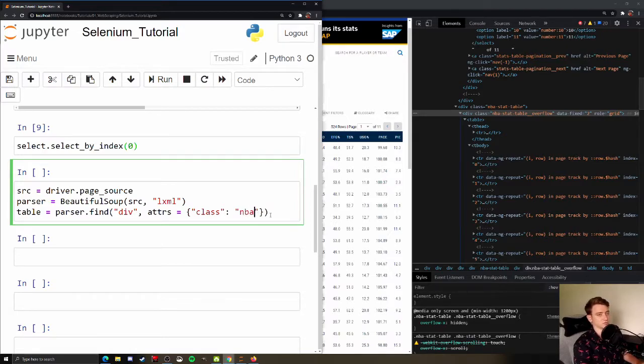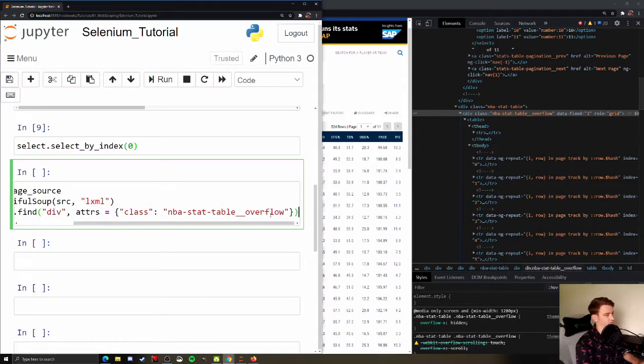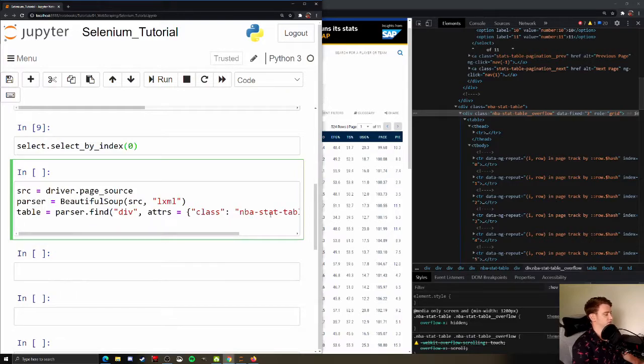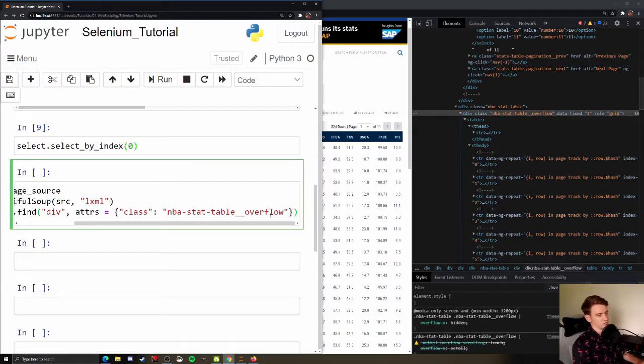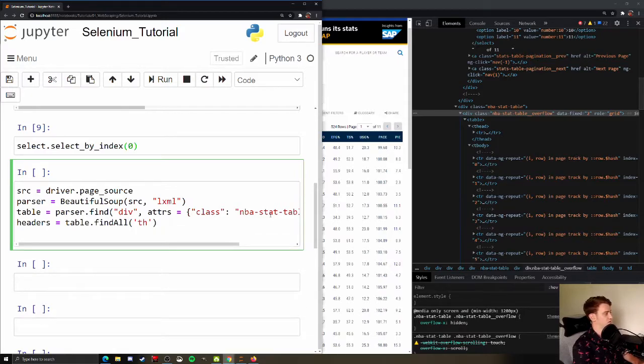It just so happens for this one, we don't need to. We can just do stat table overflow, and that's 2 underscores there. Then we can close off our dictionary, and close off our parentheses. And so that's going to find that table. Then I'm going to declare an empty list here for our list of rows, which I actually don't need, just kidding. So we close off our dictionary, we close off our parentheses, and then I'm going to find my headers, table.findAll, th, and then header list equals